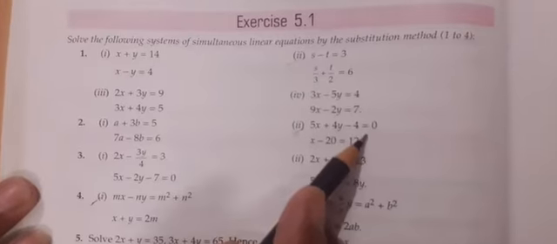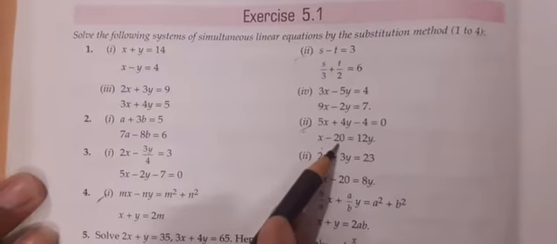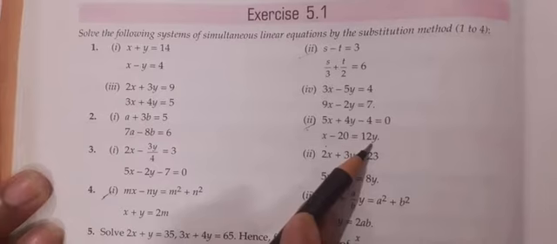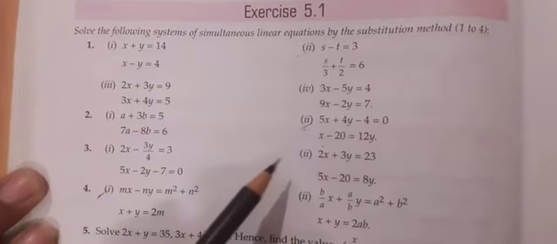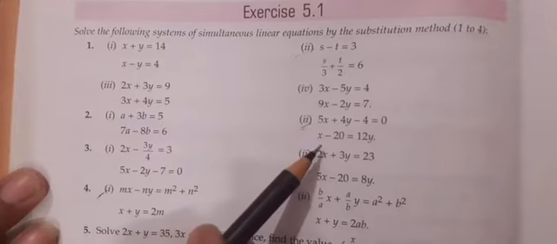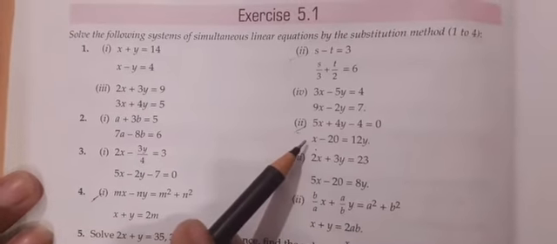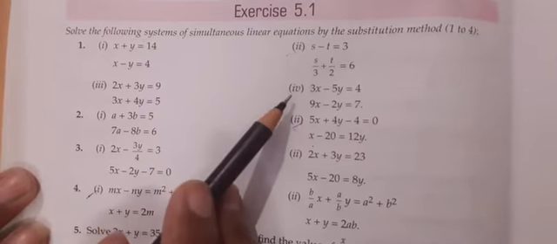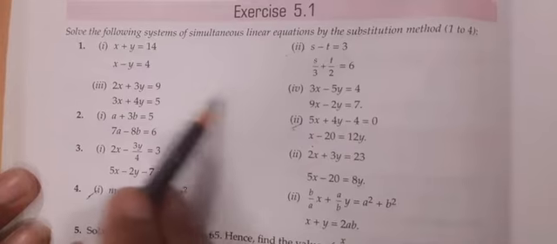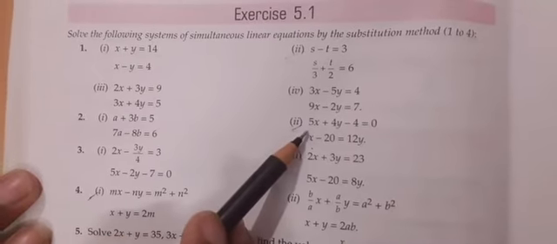Now see question number 2, sub question 2. We are going to solve this question. The question is 5x plus 4y minus 4 is equal to 0, and x minus 20 is equal to 12y. Children, a few questions I am solving in this video and the rest of the sums I will solve in the second video. Maybe that will be available to you or not, you may solve on your own, because whatever I leave, all are similar. So you may solve on your own with the help of these videos.